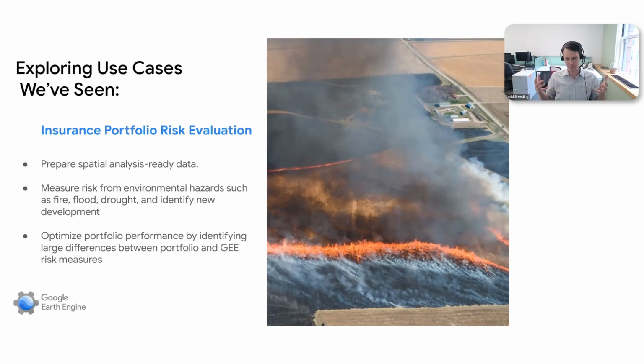So we need to make sure that, it starts with your data, your portfolio data. How ready is it to operate on spatially? And this is a really key part of the conversation. What is that unique information you have in your organization that we can spatially enable? And then once we have that done, we can go use Earth Engine's catalog. We can look for flooding related indices. Historically speaking, we can look for drought conditions. We can look for fire risk conditions. There's so many different layers that you can then take your risk profile, your portfolio, and compare it against,